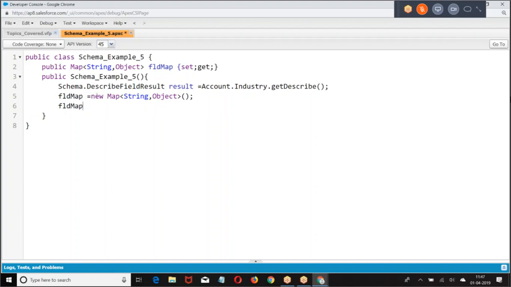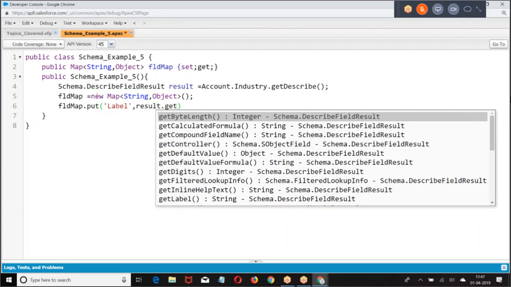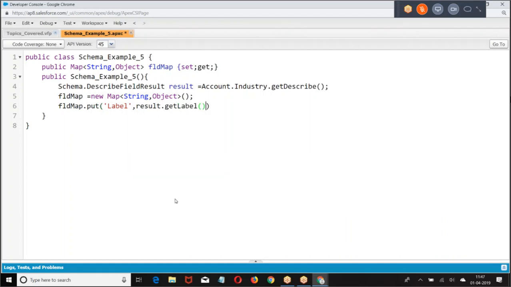Then I'm going to take fieldMap.put, result.get. FieldMap.put.